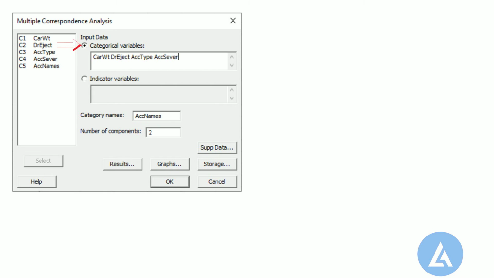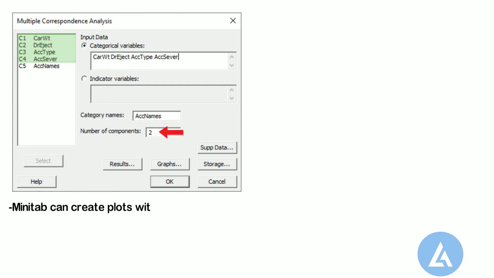Select categorical variables and enter car type, driver ejection, accident type, and accident severity. 4. In category names, enter accident names. 5. In the number of components, enter 2. Enter a number from 1 up to the number of categorical variables.